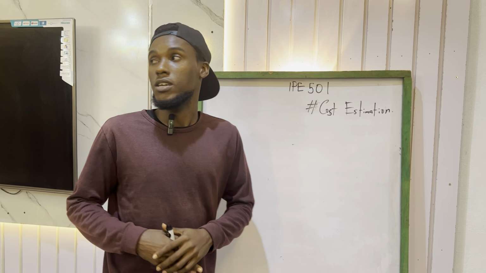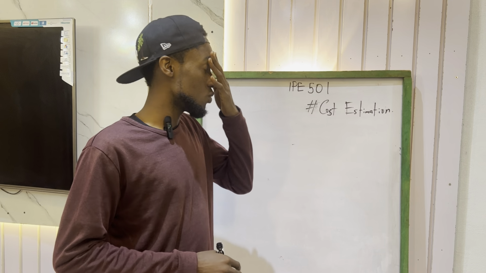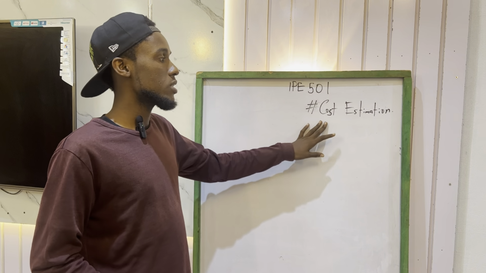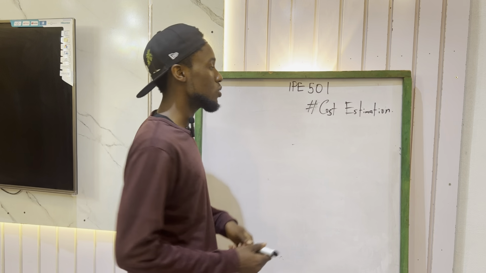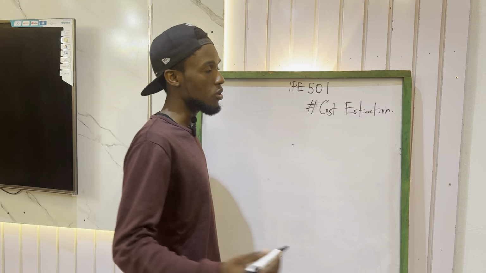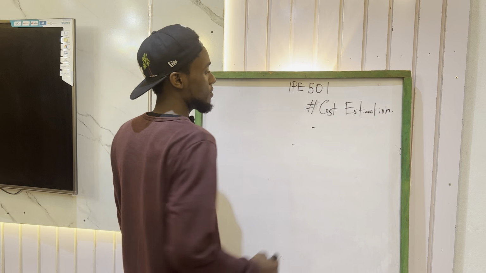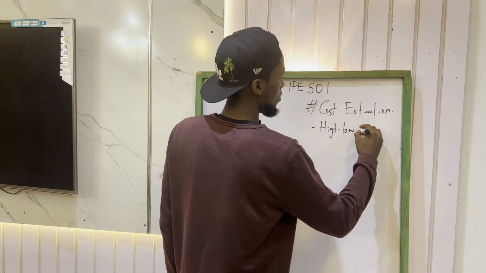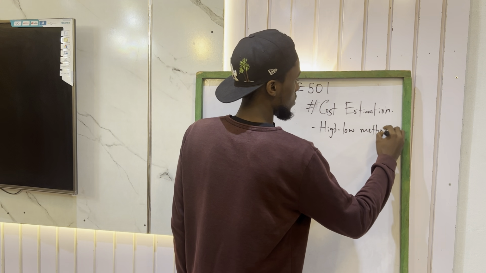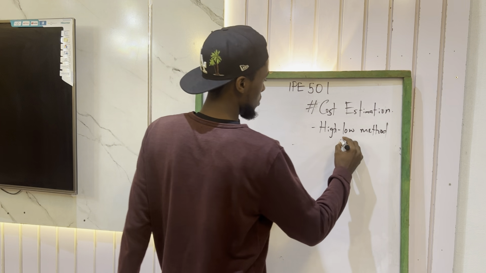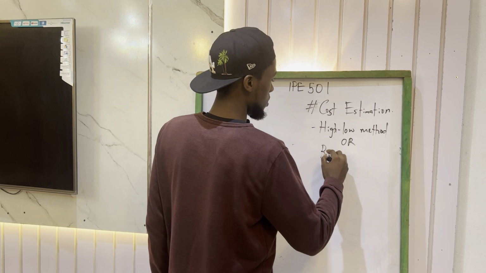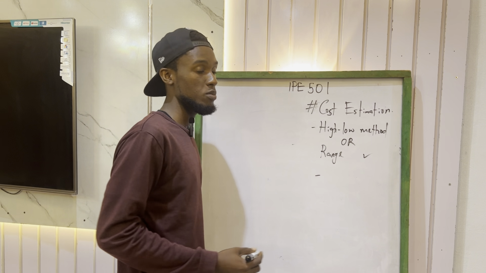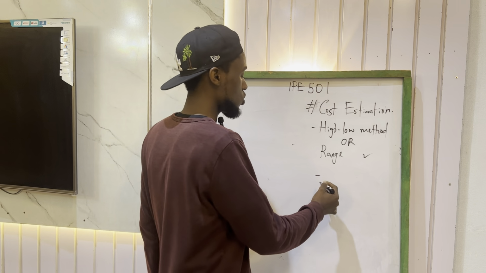This evening, we'll be looking at cost estimation. We have three different methods or techniques of estimating cost. We have the high-low method, or you can call it the range method, in case the examiners choose to be a little bit more creative. Then we have the least square method,